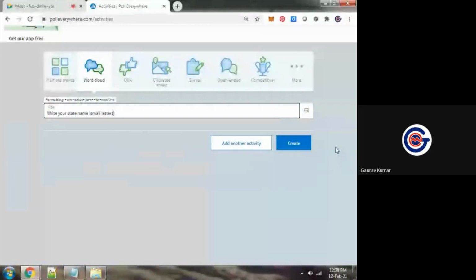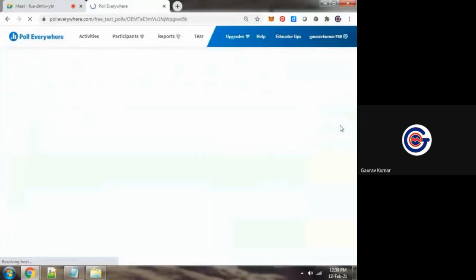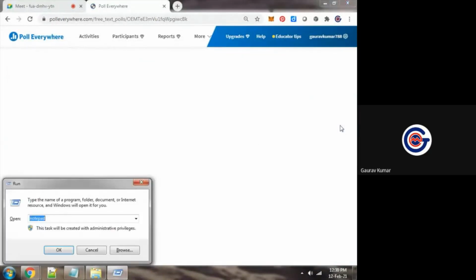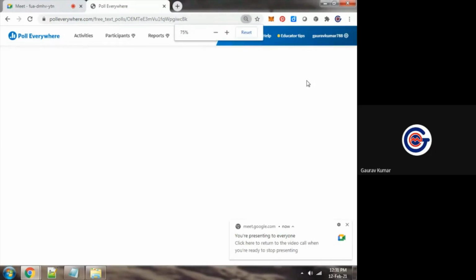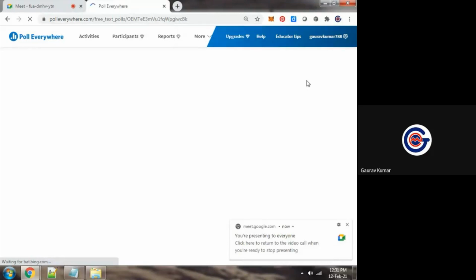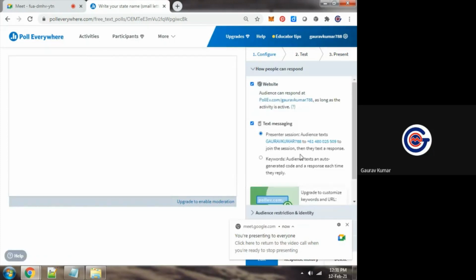Write in a joint way. Then you will see that dynamically we will be able to collect data. After this, I will show you another demonstration of data collection. It is loading, and this is how people can respond.